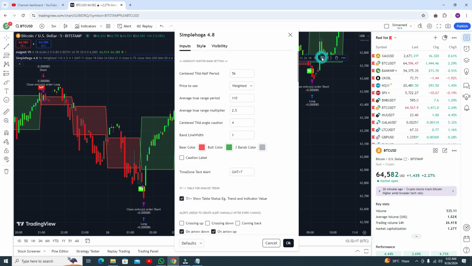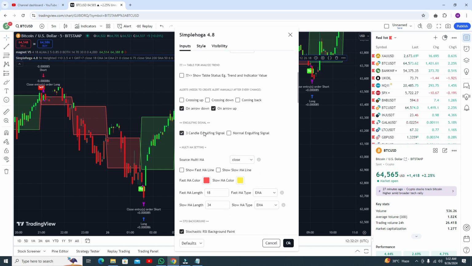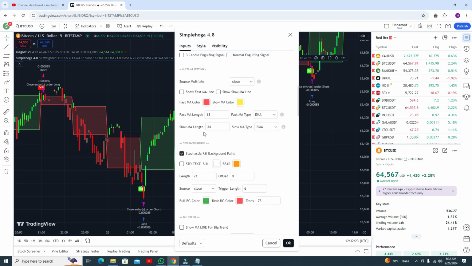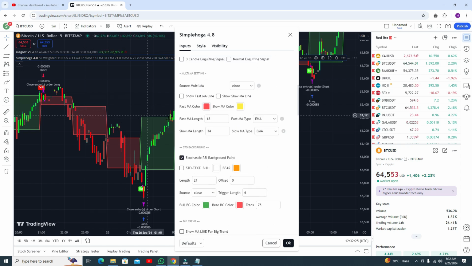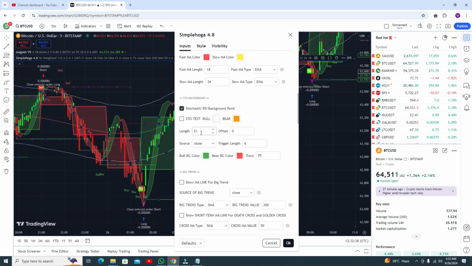We need to change some settings in this indicator, like you can uncheck this one, the unfulfilling signal, we do not need this. In this indicator I use all the things. Here you can even use the MA source code, the MA fast line and slow line, which you can adjust. This is the RSI. We need to put 75 for RSI. And this is an RSI ribbon. You can see this is actually an RSI ribbon.